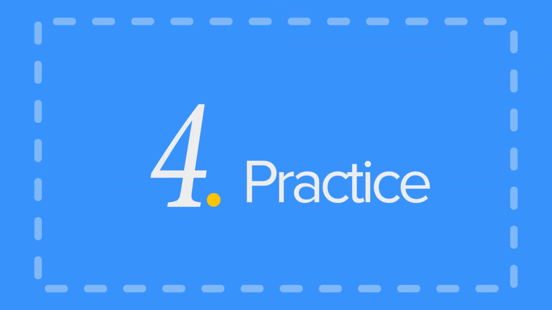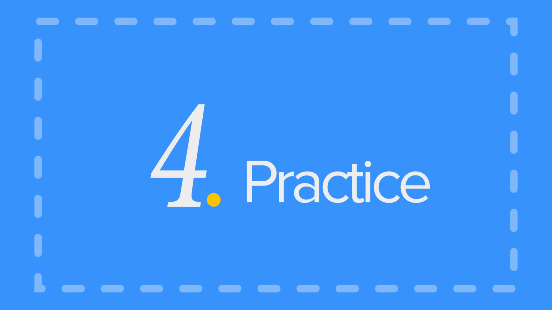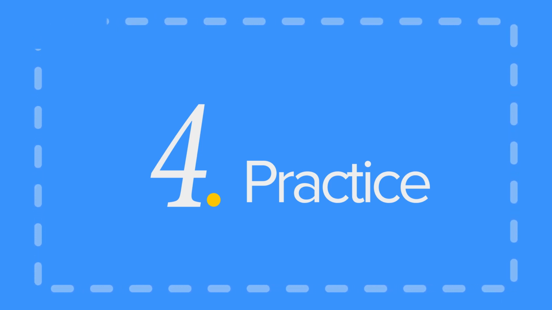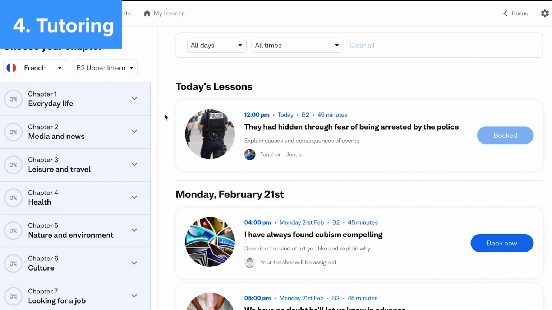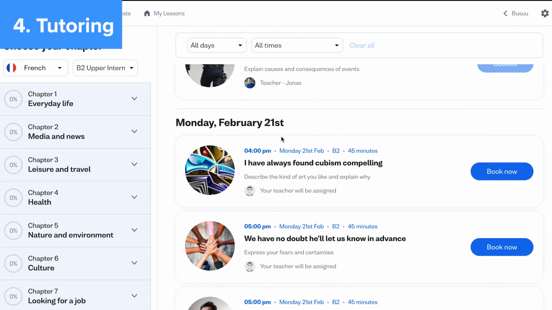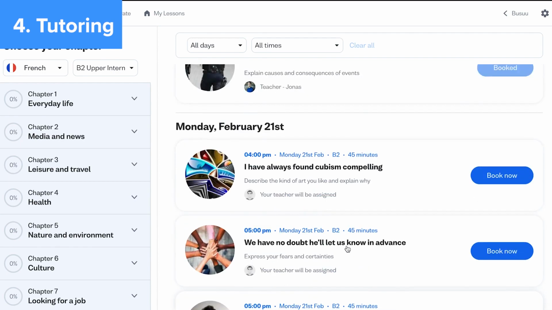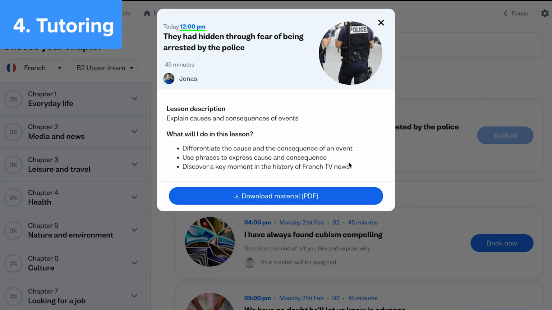The last feature is the Practice tab, which provides live lessons, including group classes and 30-minute tutoring over video chat. So as for the group classes, you have a good number of options. You can see here that in the B2 level, for instance, we have classes on cubism, we have classes on doctor's visits. And in each lesson, you work with a teacher and maybe some other students, if other students show up, and you go through this PowerPoint, which has exercises and different learning materials.